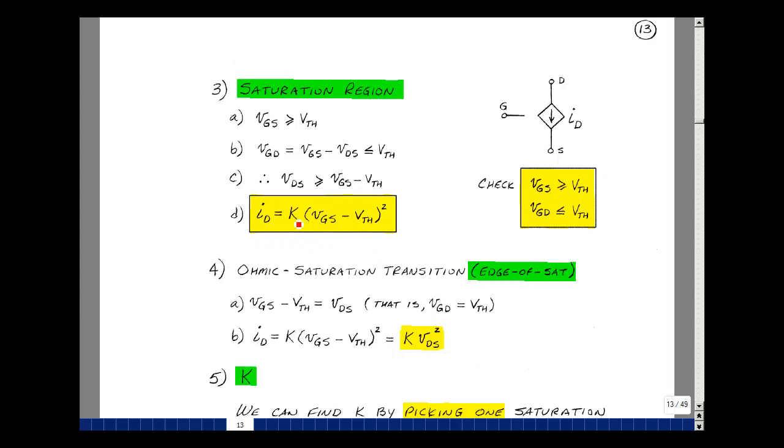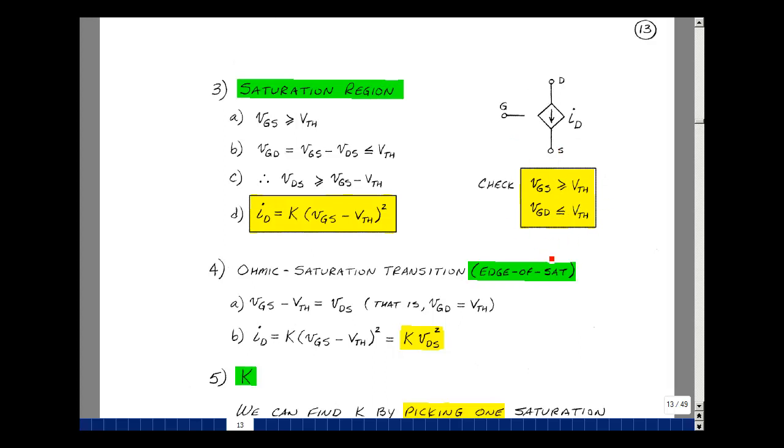It's K, same K as the previous model, times the quantity, the gate source voltage minus the threshold squared. We'll use a current source to model that. The voltage across the gate source and gate to drain is across an open circuit, so we'll need to check that the gate source is greater than or equal to threshold and the gate to drain voltage is less than or equal to threshold. So if we assume this model and we do this check and it's consistent, then we made the